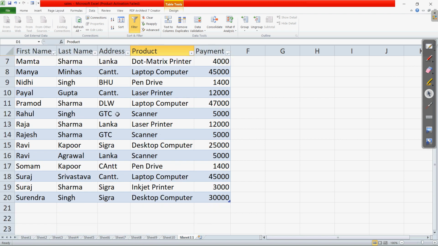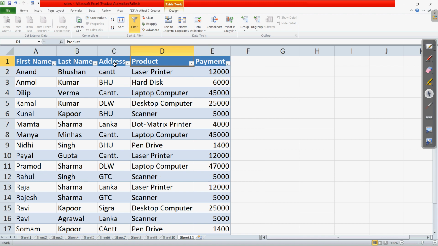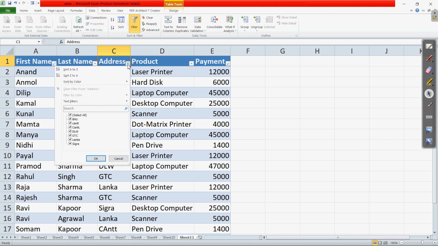So this is how we can manage, and this can be done in any of the fields. For example, if you come to the address field and want to see what are all the different records from a specific address, we do the same thing. We select those which we want to see.